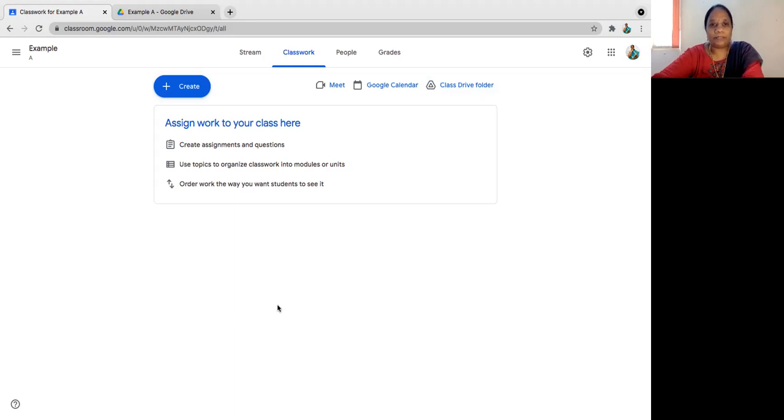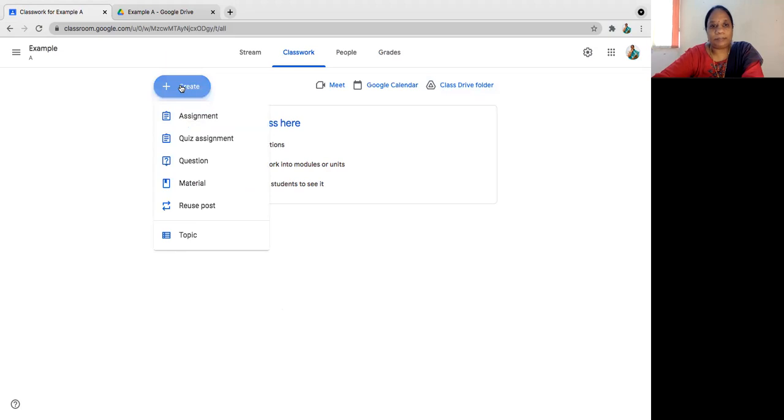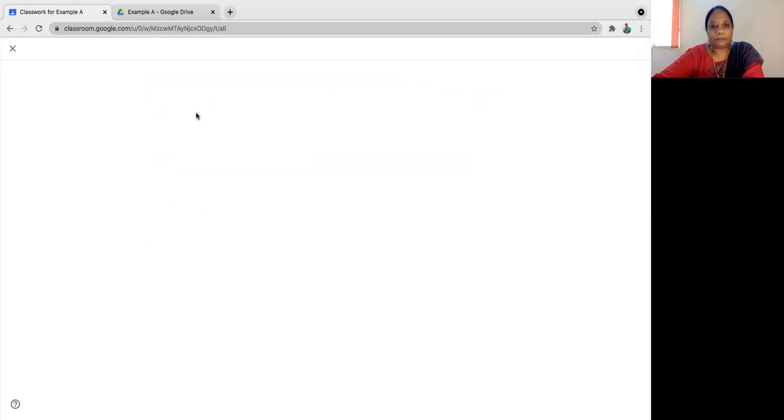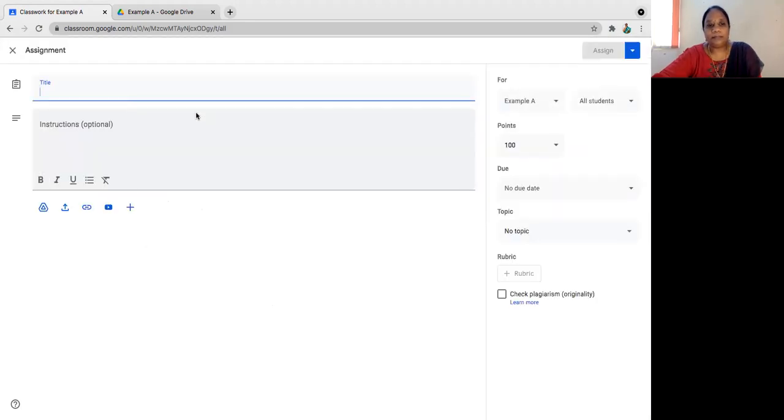Now we will go one by one with the classwork. The first feature in classwork is you have to click the create button. So when you click the create button, you can see various options are available. Let me go one by one. The first option is the assignment option. This is very similar to the offline assignments that you give to the students. So you can give a name for the assignment. Let me say sample, and you can type out some points. The assignment should be written for 3 pages. So it is like 3 pages is a must.